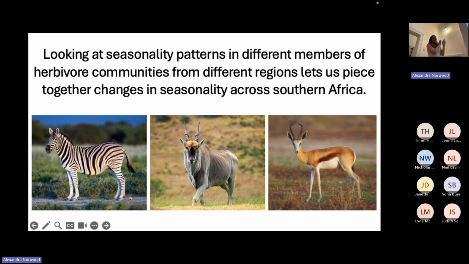So we're getting that data from modern animals, and we're collecting modern data from across Southern Africa, from Western, Eastern, Northern Cape, Free State, trying to cover all of our bases to characterize what's happening in these different modern ecosystems really well, and to test the model really vigorously against what we know exists.